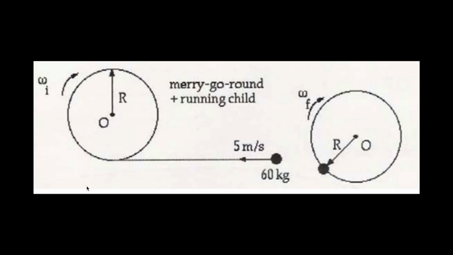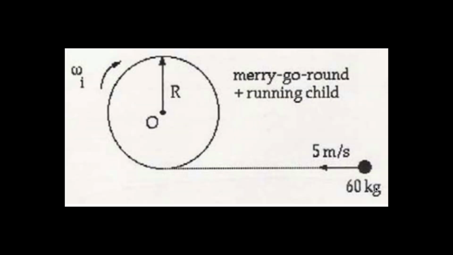And now let's take a look at our diagram of the situation. So the diagram actually has 2 parts. The first part shows the girl and the merry-go-round before she hops onto it, and the second part shows the girl and the merry-go-round after she hops onto it. In that first part of the diagram, we see the girl running towards the left side of the merry-go-round at 5 meters per second, her mass 60 kilograms, and we see the merry-go-round rotating with an angular velocity of 4